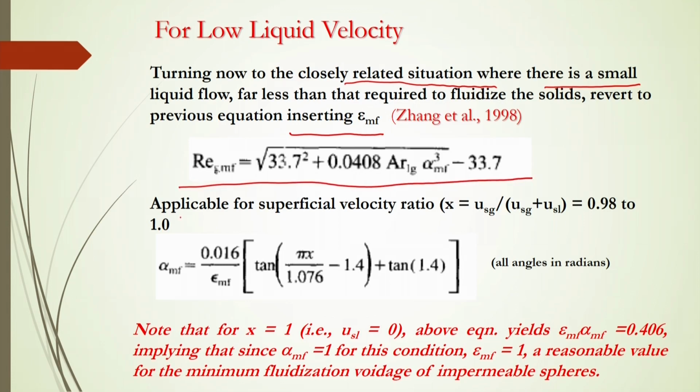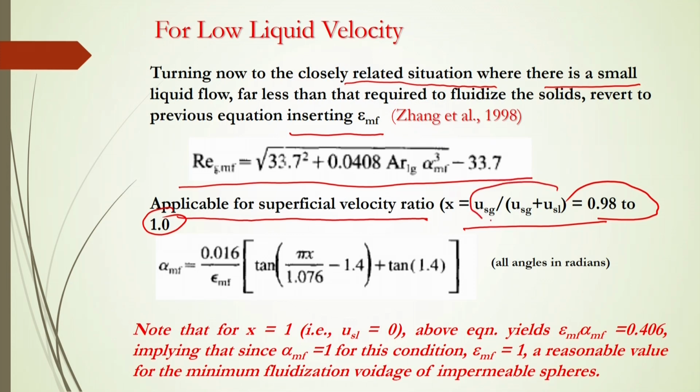Reynolds number. Now, this is applicable for superficial velocity only if it is less than or equal to 0.98, that is, valid only for 0.98 to 1. In the earlier model for the gas-solid system, they showed that it is applicable only up to 0.93, but here it is applicable from 0.98 to 1. So, here this alpha mf means